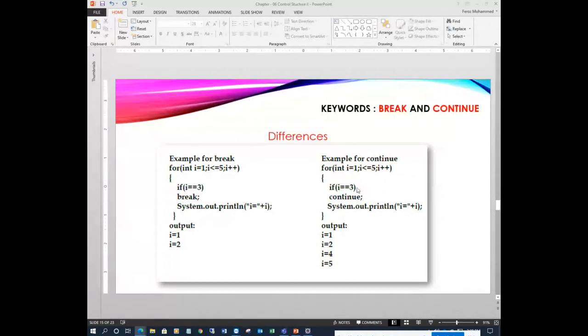Now here, I equal to 3 with continue, it will print 1, 2, skip the value 3 and print the remaining 4 and 5 up to the end of the loop. See the difference with the help of the example here. It's a simple program to demonstrate the difference between break and continue, right?